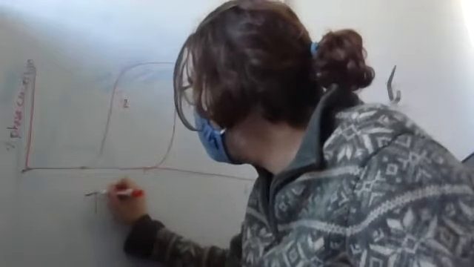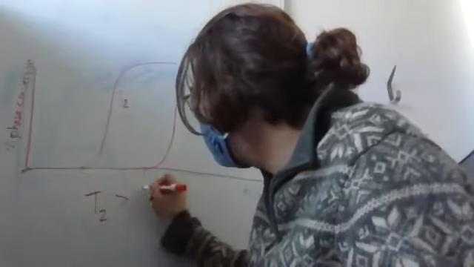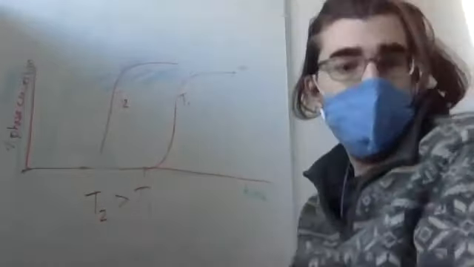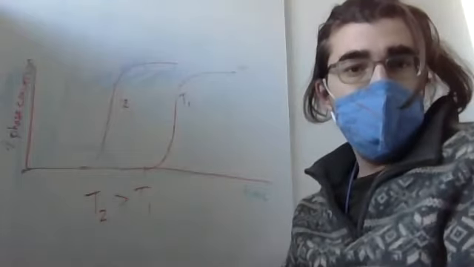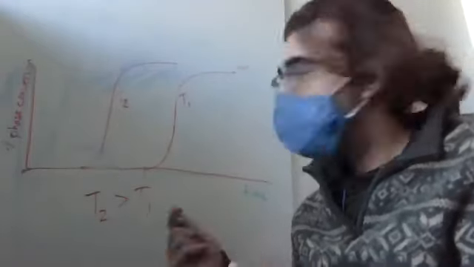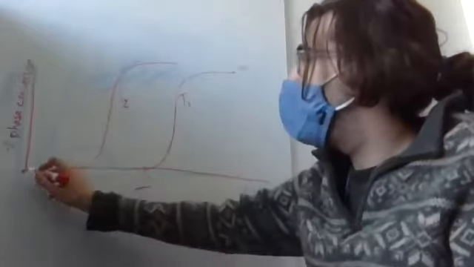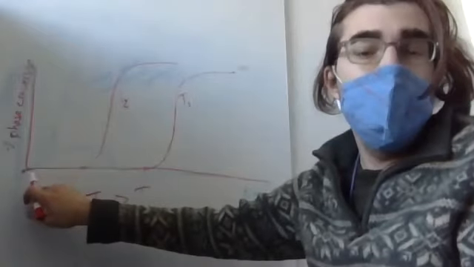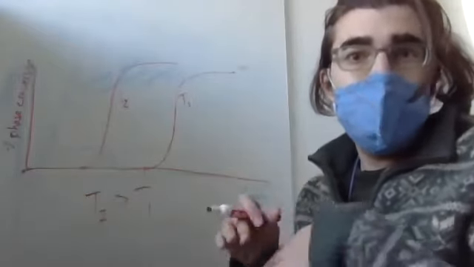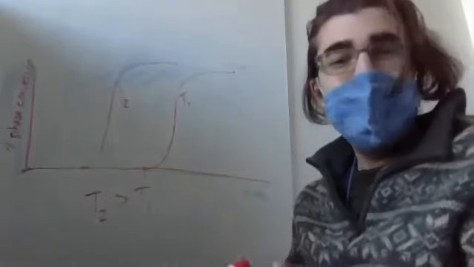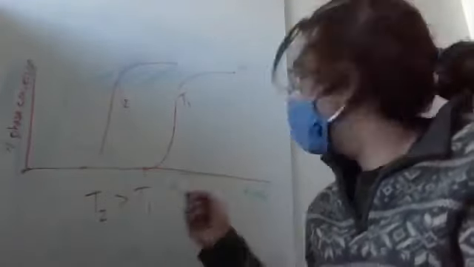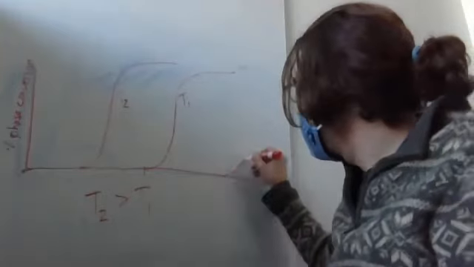So we have T2 is greater than T1. And then if we go to a lower temperature, what's going to happen? Well, we're going to have to wait a lot longer because at lower temperatures, atoms diffuse slower and the crystal we need is larger. So at lower temperatures,